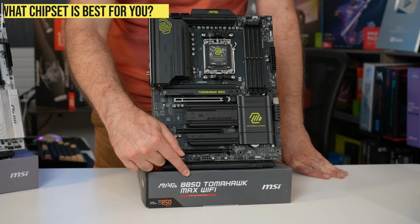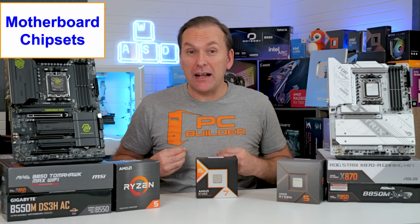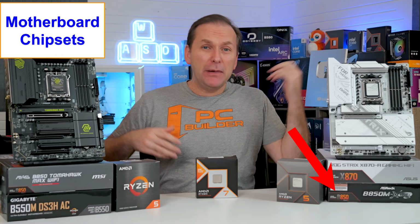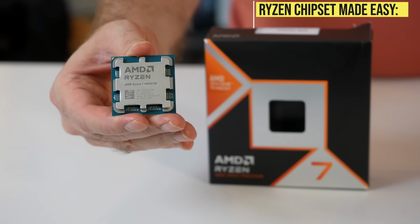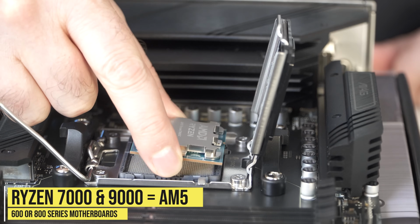Now, the most confusing part of buying the best Ryzen motherboard 2025, it's understanding the different chipsets from B650, X870, X870E to B550, B850, A520, the list goes on. Now, here's the cheat code to getting the right Ryzen motherboard. Ryzen 7000 and 9000 series CPUs require an AM5 socket motherboard with the pins on the motherboard, which are the